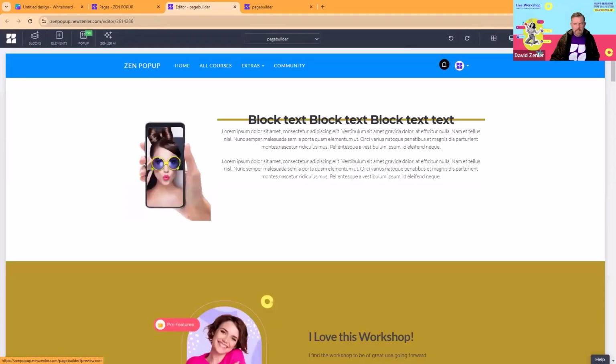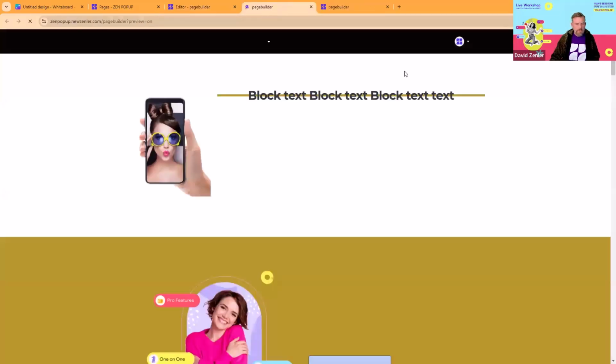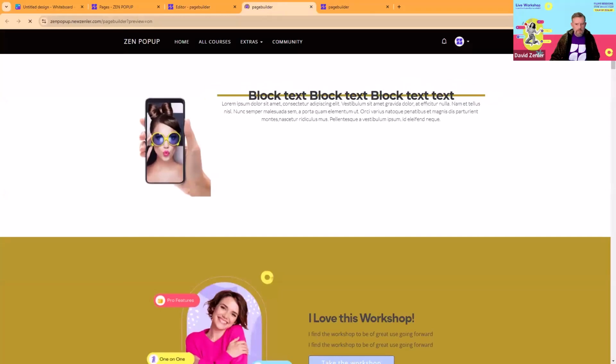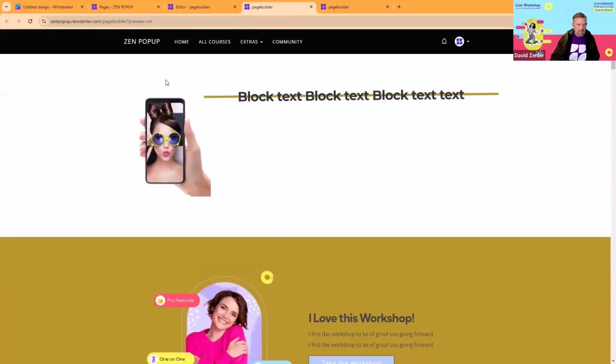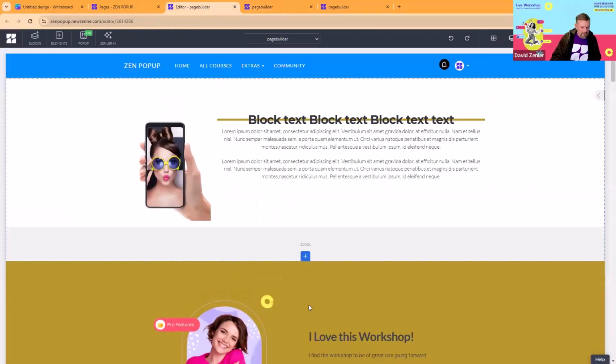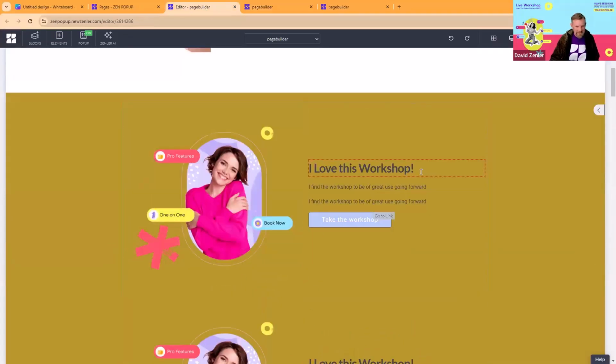Decided to go crazy. If I just preview this page now, I don't know why it's put a line through it. Probably because I got a thing going on. I've changed it. Yes, right. Okay, let's work with another block. All right, let's put this in here. I think it's because I've got loads of animation and stuff running over it far too much.